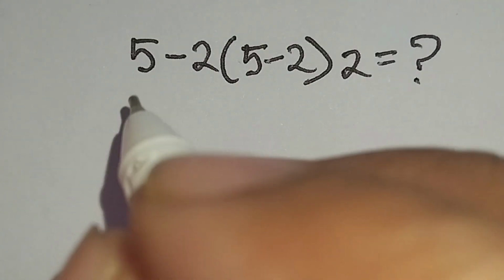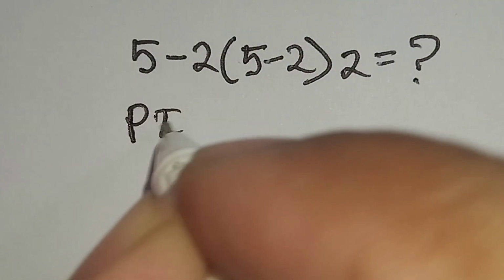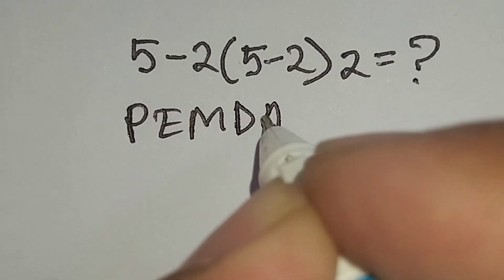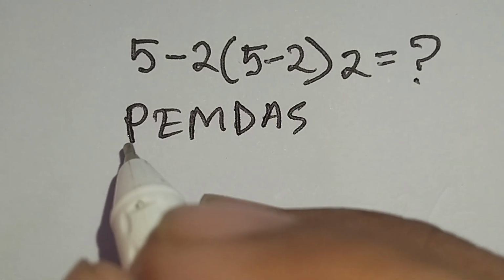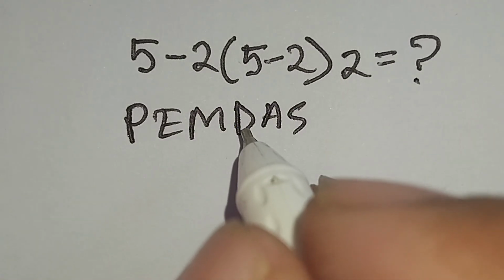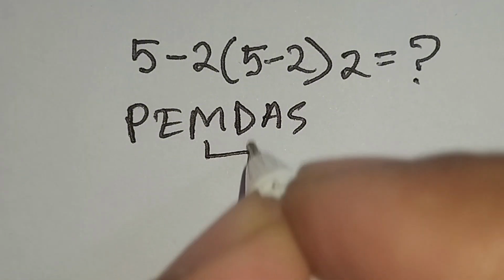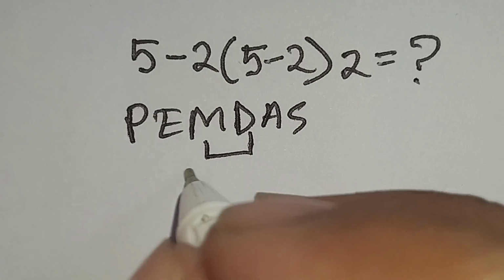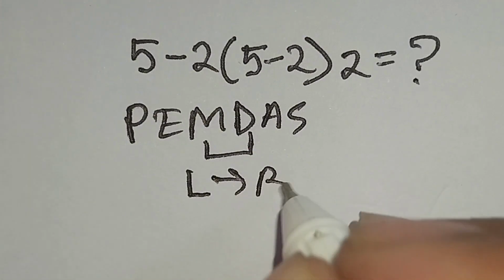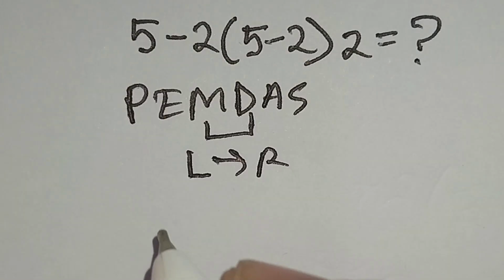According to PEMDAS rule, at first we have to work parentheses, then exponent, then multiplication or division, then addition or subtraction. Remember, multiplication and division are same priority. For this we have to work left to right. Therefore here 5 minus 2